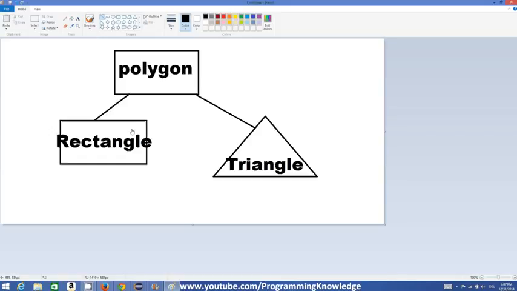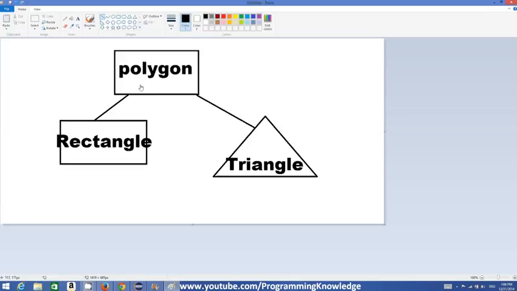And in the rectangle and triangle classes, I can create two methods which can calculate the area of the triangle and the area of the rectangle. So the common properties which they both share, which are height and width, we don't need to define in separate places in rectangle and triangle. We can define them at a single place, and we can use them using the inheritance property. And